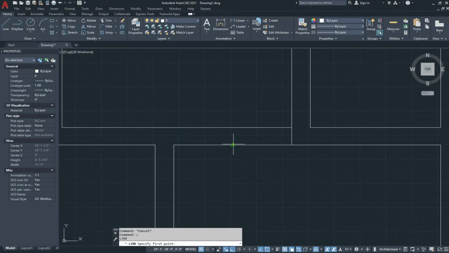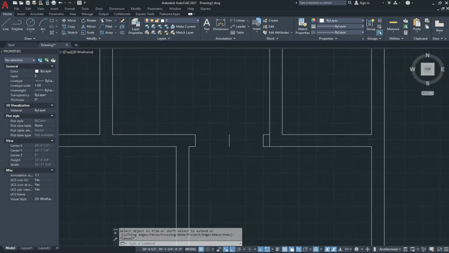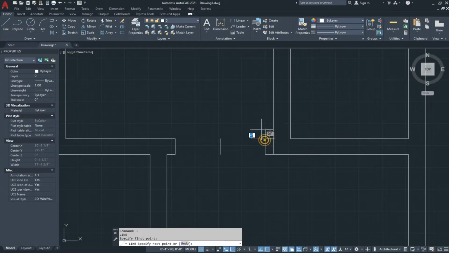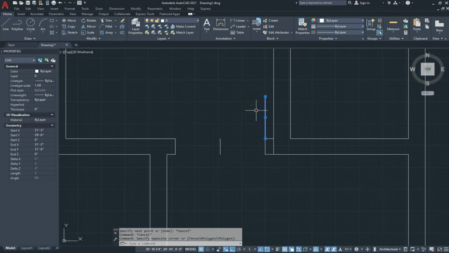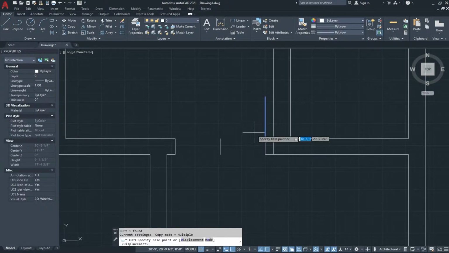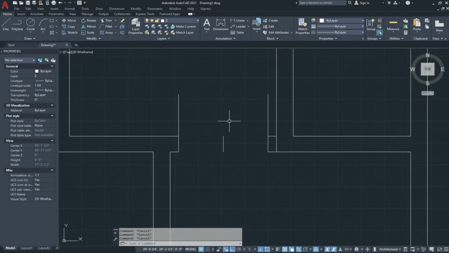With the line tool we pick the center point, and now we give the offset 24 inches, that means 2 feet. And with the TR double enter we trim this, and with the line tool 2 feet line, select it and type CO for copy it like this, and with the arc tool we draw the panels.